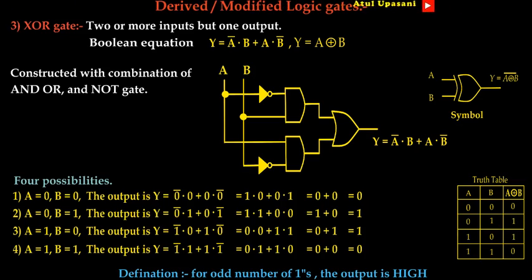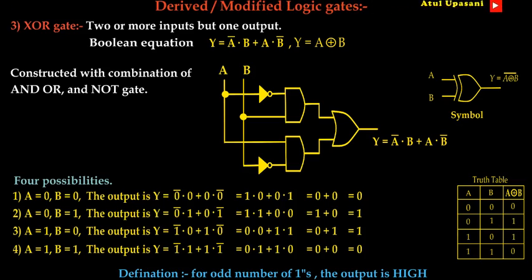From the Boolean equation, we can construct the logic diagram as first is the product in which A is the complement. So for complement, A is connected to NOT gate. This NOT gate's output and B is multiplied here and we will get A complement dot B at first AND gate. For the second product, A is directly connected to the AND gate and B is complemented. So here A dot B complemented will be given by the second AND gate. Outputs of both the AND gates are connected to OR gate. Addition of A complement dot B and A dot B complement will be done by the last OR gate and we will get A XOR B at the output. Here 2 input XOR gate is shown.